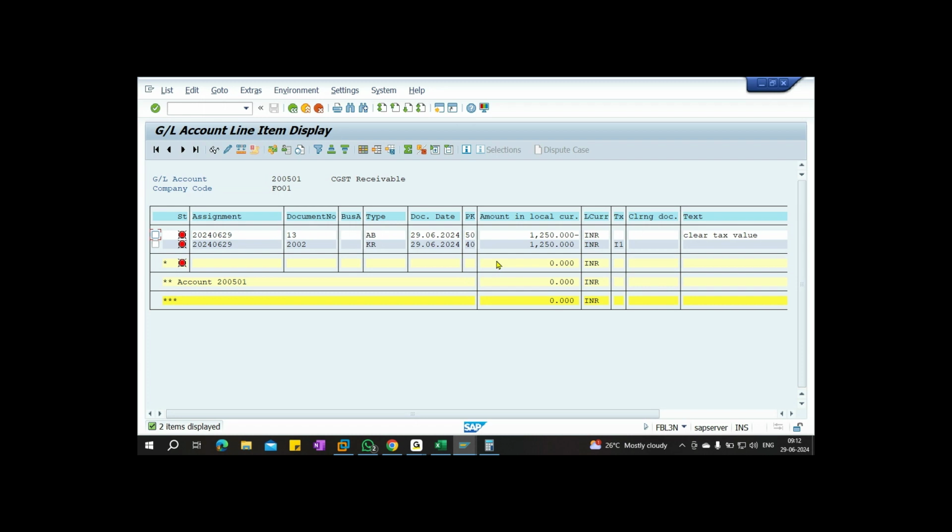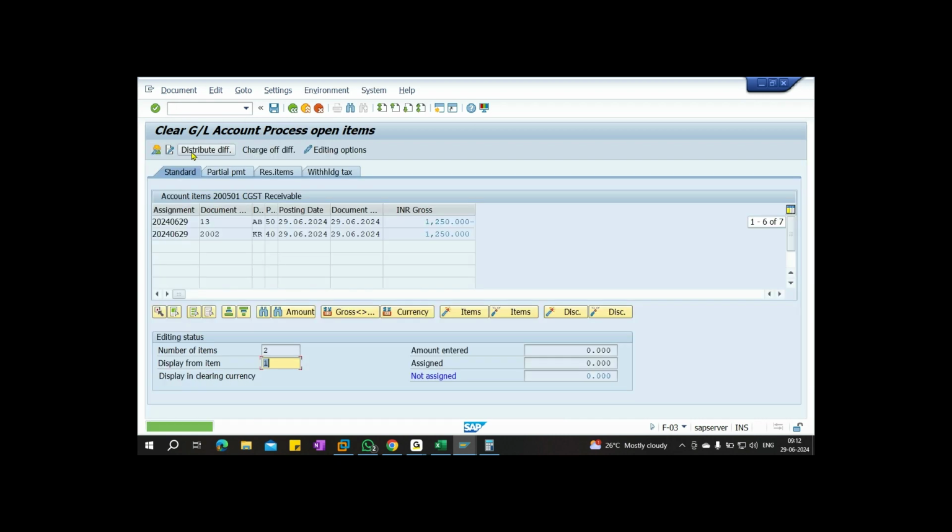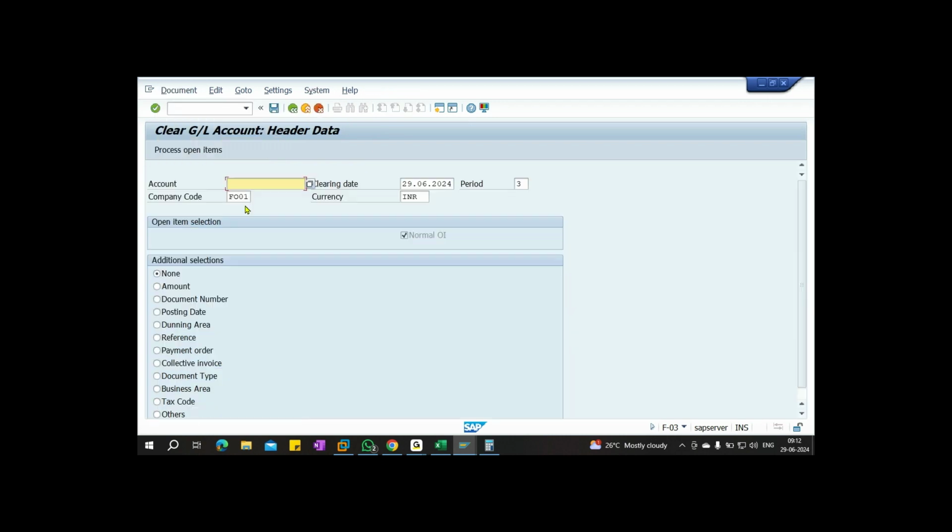Can we go to F-03 once, sir? F-03. Select 200501. So this is the GL account, already the balance should be 0. We just post it. Just post this. It will not show as an open balance again. So document post. Okay. Now can we check?